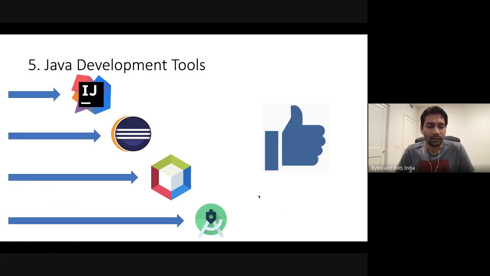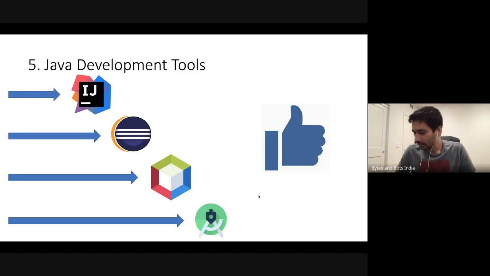A good IDE makes it a good experience to write a program. And as Java has good support for IDEs, it makes it easy to write code and increases productivity.